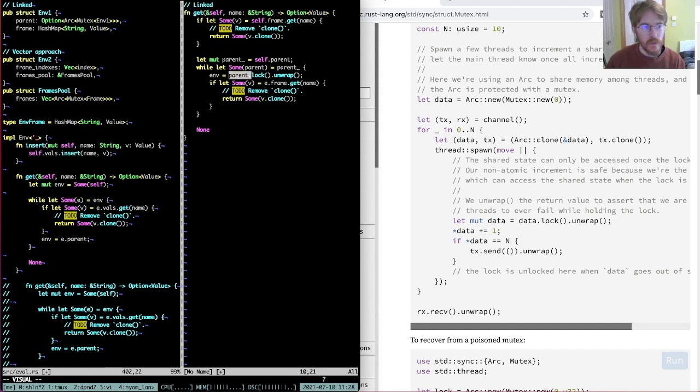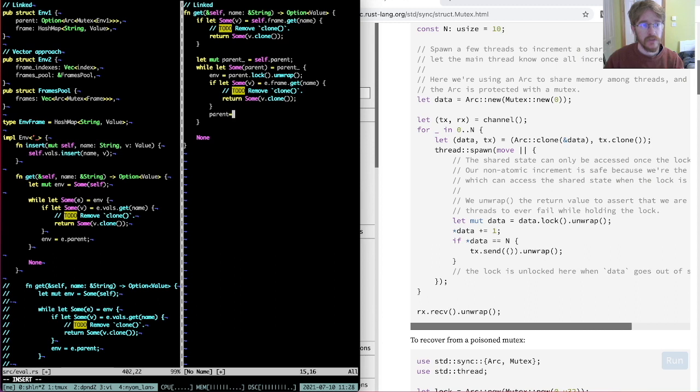So now that we've locked the parent environment and we have sole ownership over this environment, that will allow us to browse that environment's frames at our leisure. And so then we do the usual method of if there is a matching name in that environment, then we return it. Otherwise,